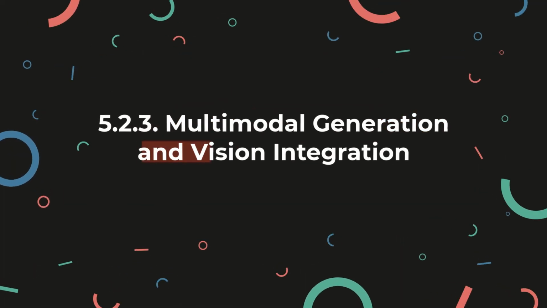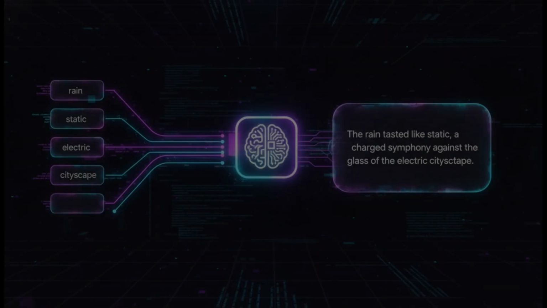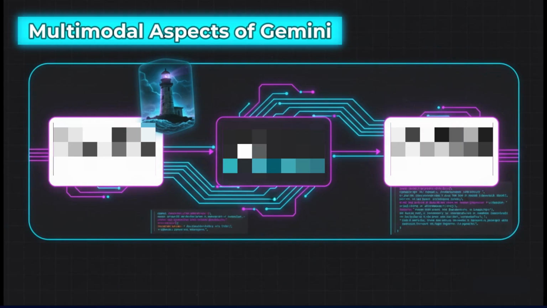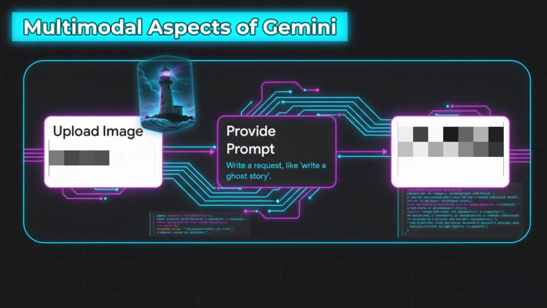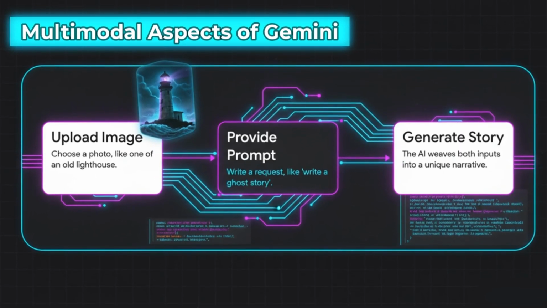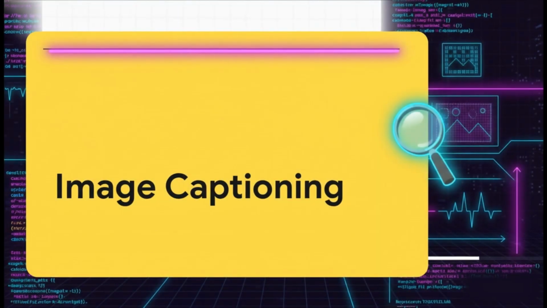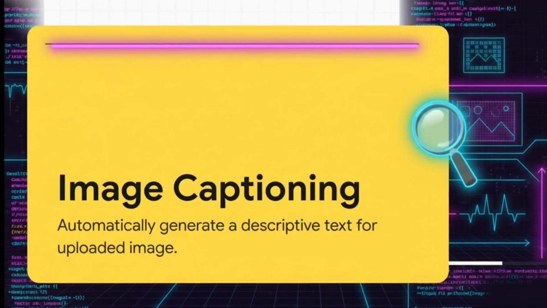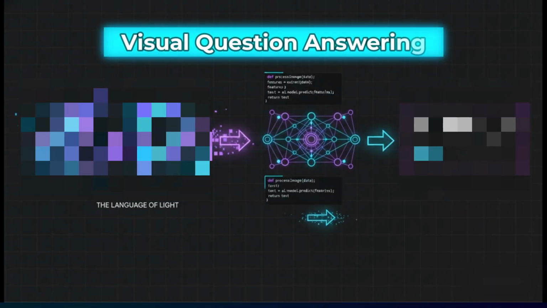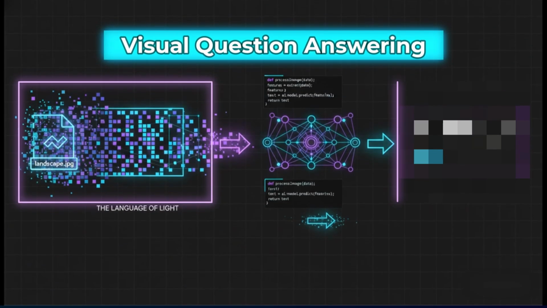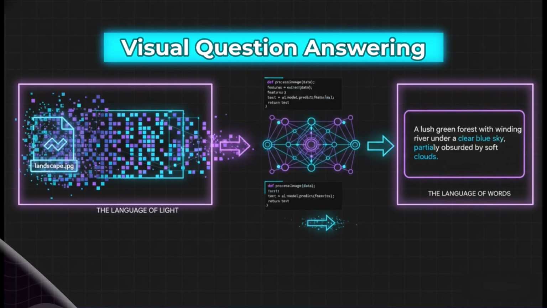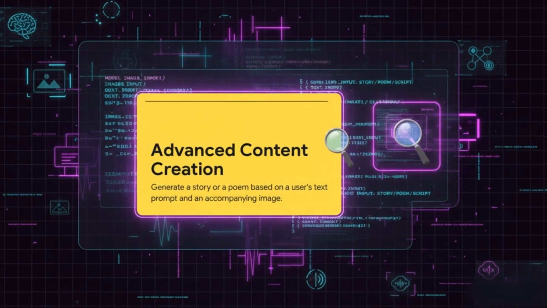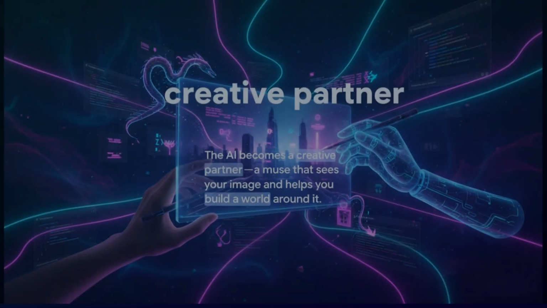Multimodal generation and vision integration. Building on text generation, this section will dive into the multimodal aspects of Gemini. You will learn how to combine text with images to create more intelligent applications. Image captioning, that is, automatically generate a descriptive text for an uploaded image. Visual question answering, allow users to ask questions about an image and receive a detailed, accurate response. Advanced content creation, build an application that can generate a story or a poem based on a user's text prompt